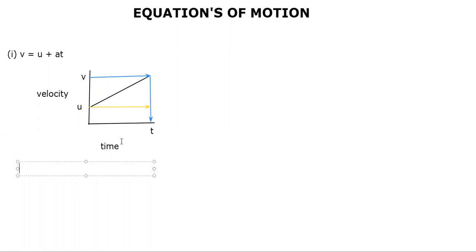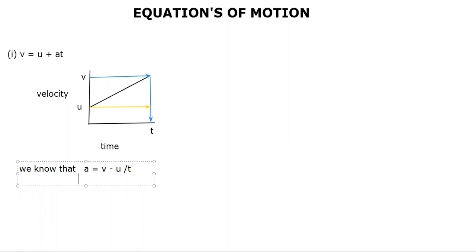It is a velocity time graph where u and v are the speeds. u is the initial and v is the final. t is the total time. This black line is the graph shown by the velocity time graph. Now for proving the first formula, that is v equals u plus at, we will use that we know the formula of a is v minus u whole divided by time. This formula was discussed in the last video.